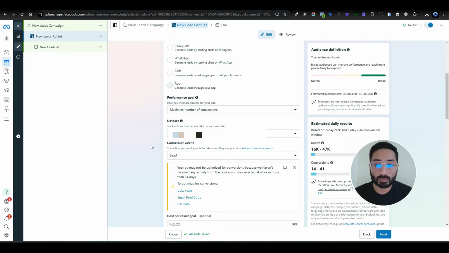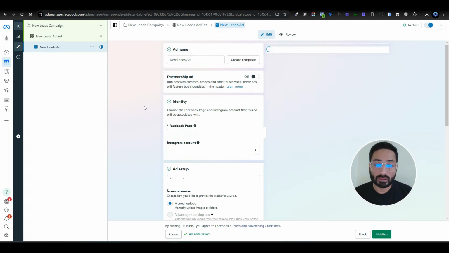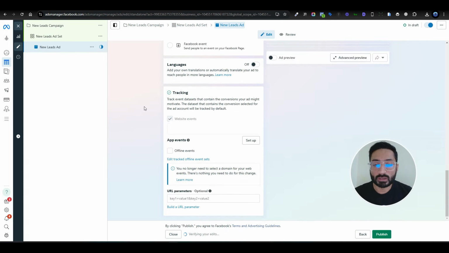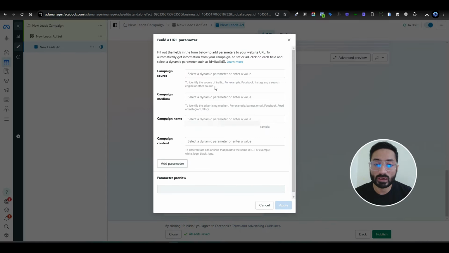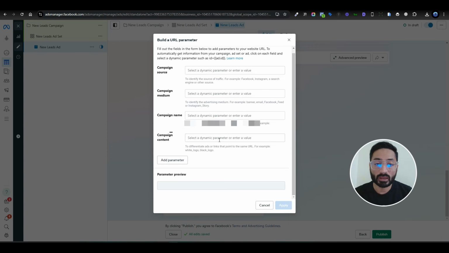The third mistake people do is in the ad level, they don't set up the UTM parameters. So the UTM parameters are really important, and it's a really easy setup. You just need to set up all these parameters here, and what it will do, it will track the journey of the user. Once they end up in your CRM or in your lead form campaign or anywhere you are connected your leads,